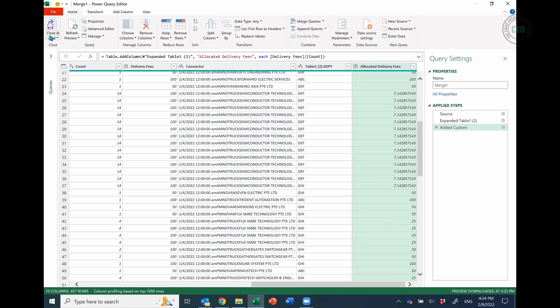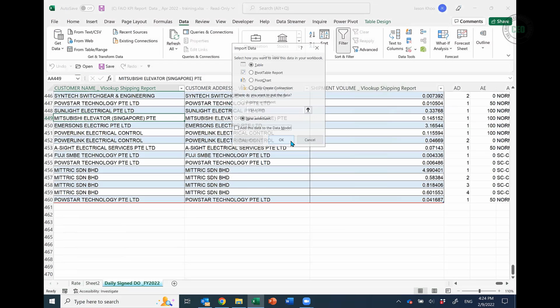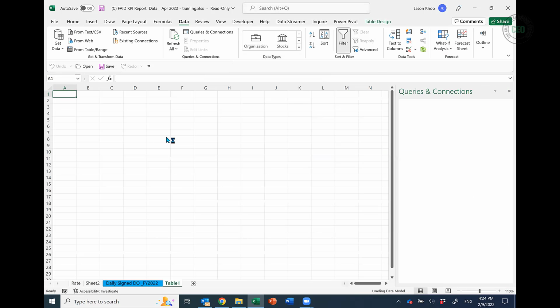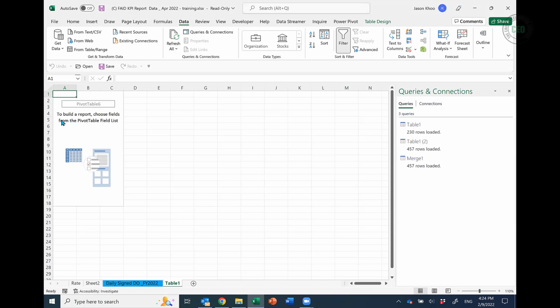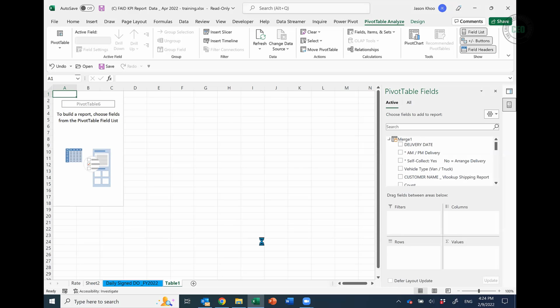Now from here, then I can go to home, close, and load to. I create a pivot table in a new worksheet and click OK. Lucky I use my computer. This load will take a long time. Okay, so it says table 1 tab. So from here, you just need to do